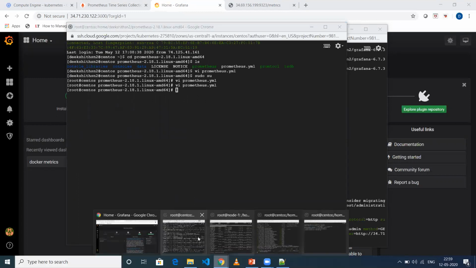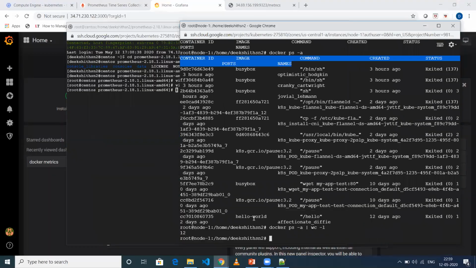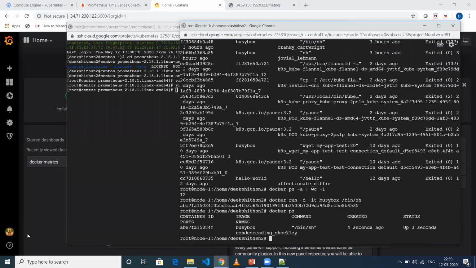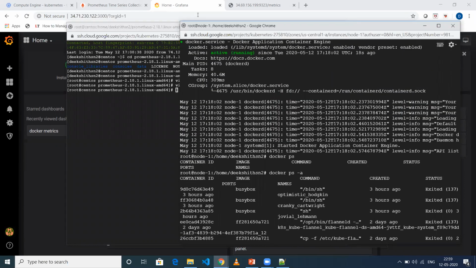I'm going to create one container: docker run -d -it busybox /bin/sh. When I do this and run docker ps, as you can see, I now have one running container.